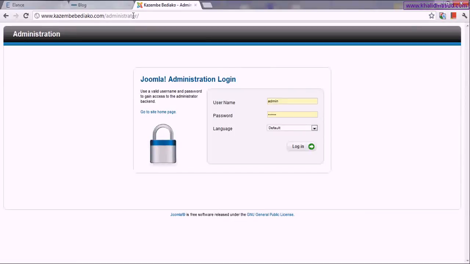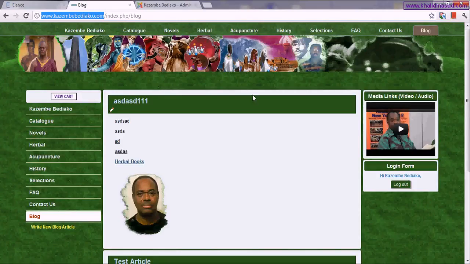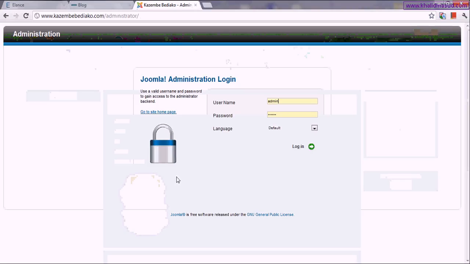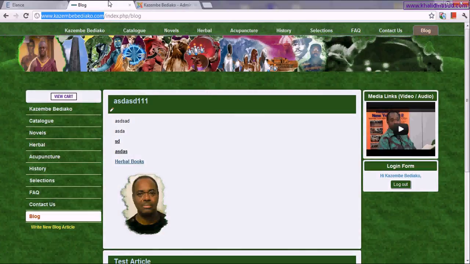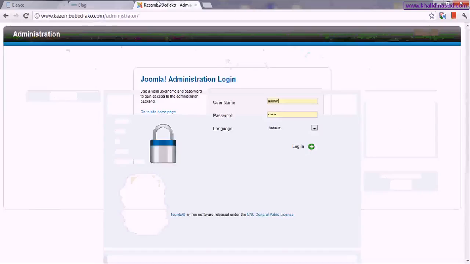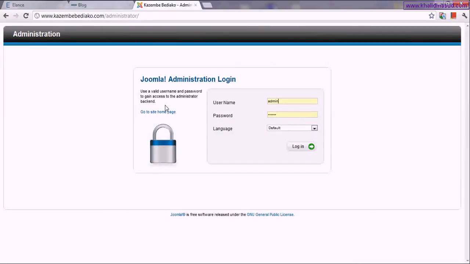So now this is the login page for your backend. I have made this theme, these menus and these banners for this Joomla CMS system. Joomla is an open source or free content management system. I have manually edited, or you can say manually made, all this good looking and user friendly stuff just to use on this Joomla CMS system.